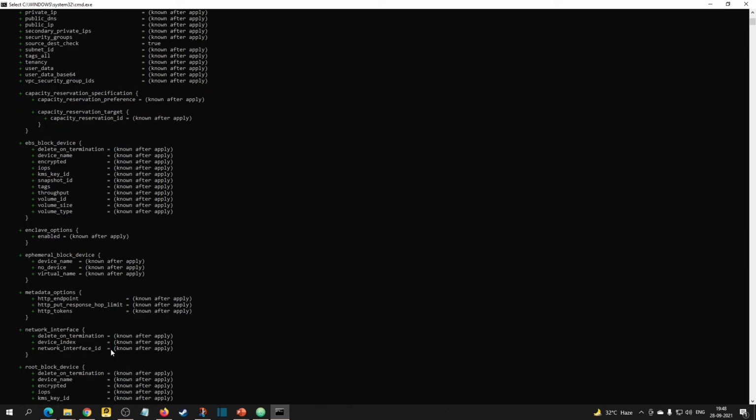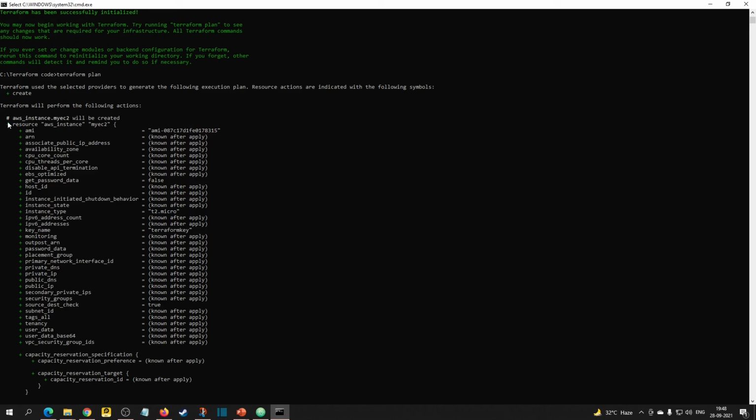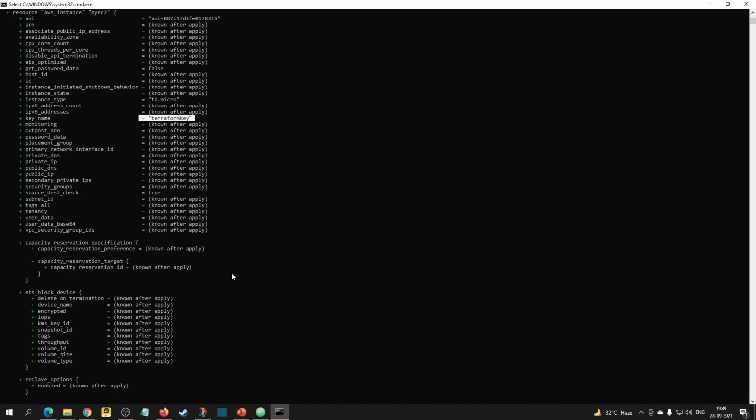What is the resource? It's nothing but our EC2 instance. Here you can see this AWS instance resource will be created. It is going to make use of the AMI ID, instance type, and the key name we have given. So everything it will take.